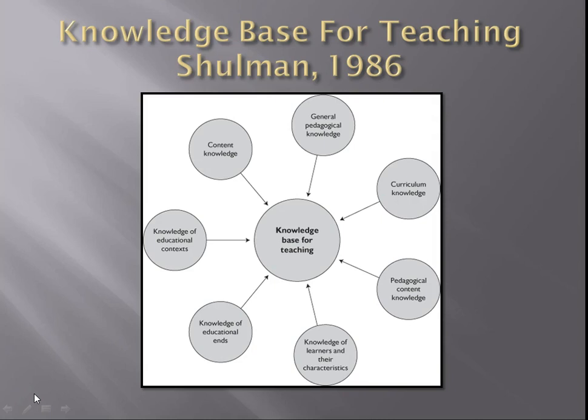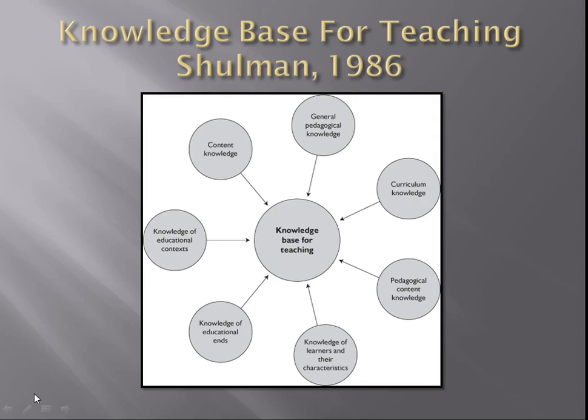You have pedagogical knowledge, curriculum knowledge, content knowledge, knowledge of learners and their characteristics, and I don't think this is telling you anything that you don't already know. But just as a matter of information,